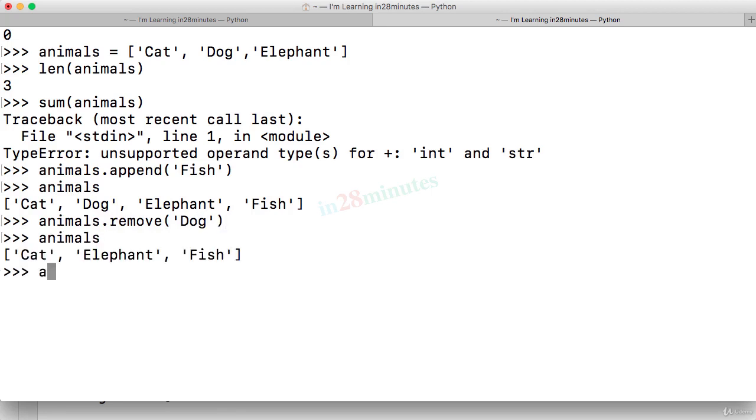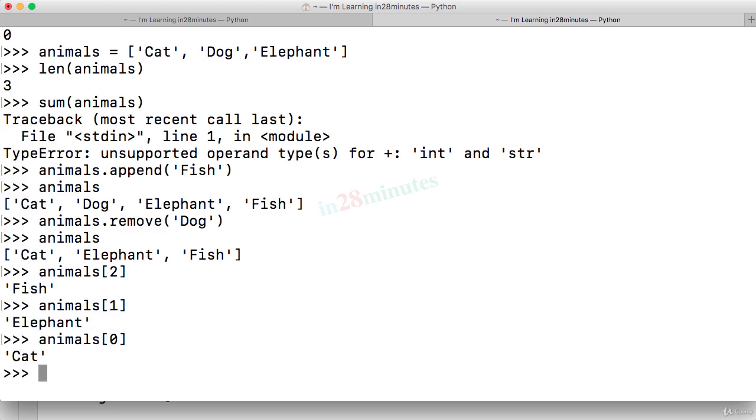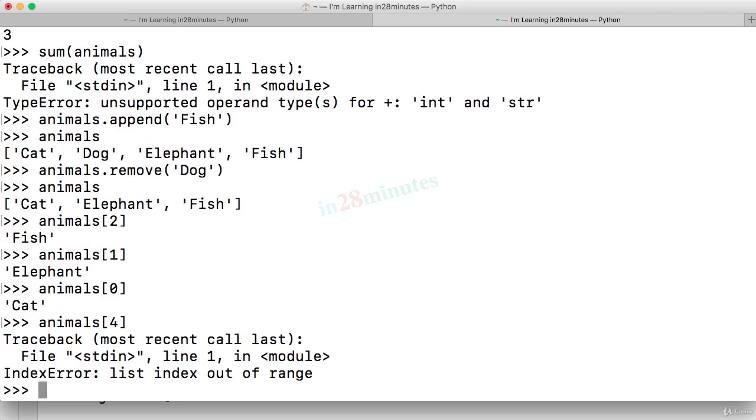One of the things you can do in Python is something of this kind. So if I do animals of 2, what do you think will happen? What would be printed? 0, 1, and 2. So you can almost use array indexes kind of stuff. So this is kind of the array indexing that we do in C programming or Java programming. So we can use that even in Python for lists. So animals of 1 returns elephant, 0 cat. But be sure you are actually using a right index, because if you do 4, it would actually throw an